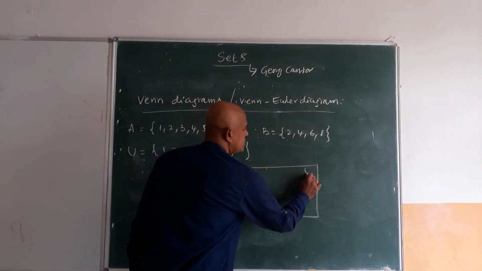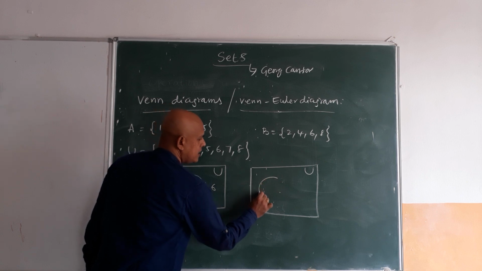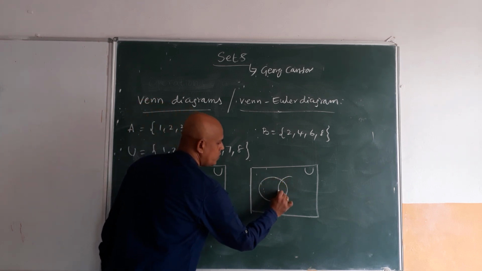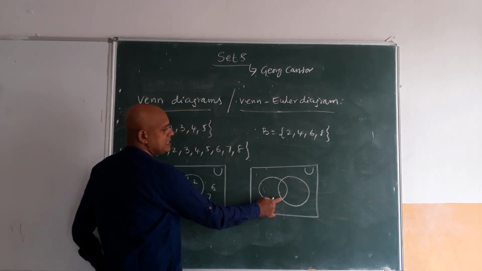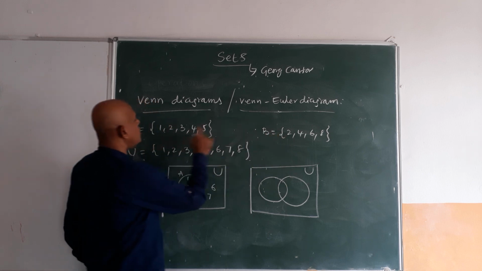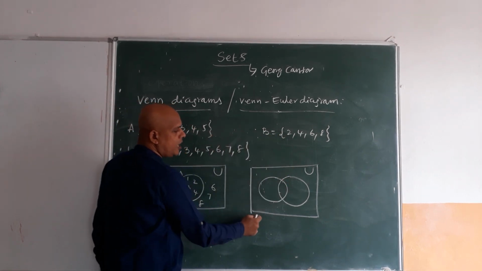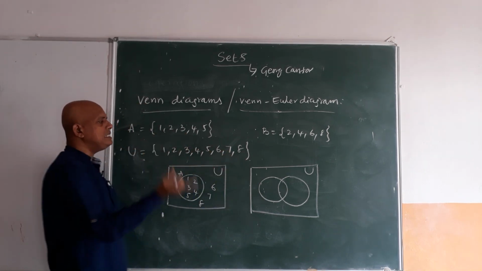First of all, this is the universal set. When 2 sets are written in Venn diagrams, we have to draw two circles, sometimes overlapping and sometimes non-overlapping. When they are combined, these are overlapping circles. When the sets have common elements, here 2 and 4 are the common elements, then we have to draw the circles overlapping. When there are no common elements in A and B, then they are called disjoint sets.